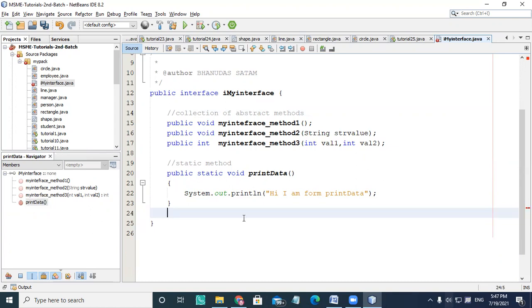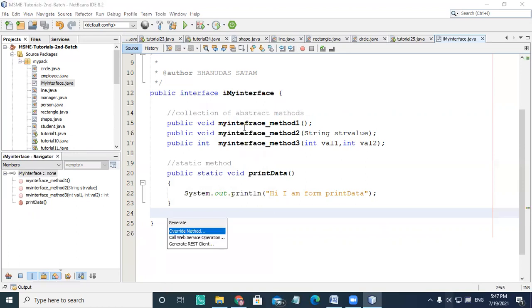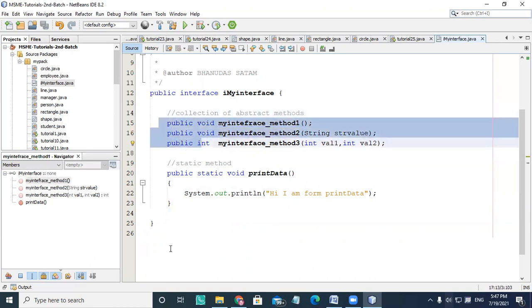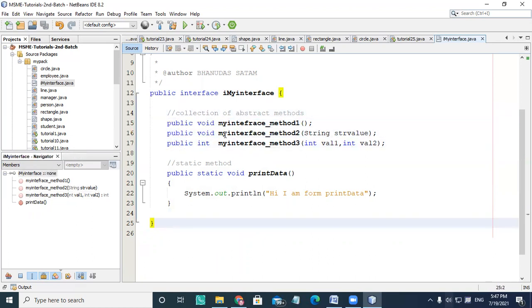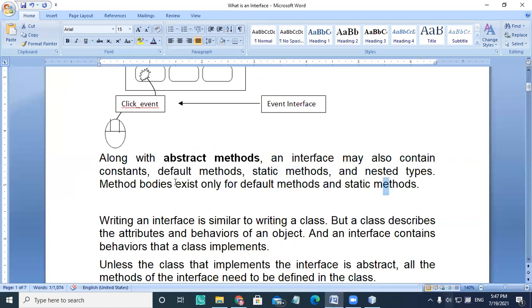I'm not supposed to use this directly as an abstract method declaration, because everything is treated as an abstract method. I will show a default method here. They are saying that the method body exists only for a default method and a static method.